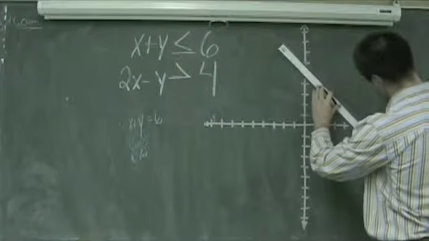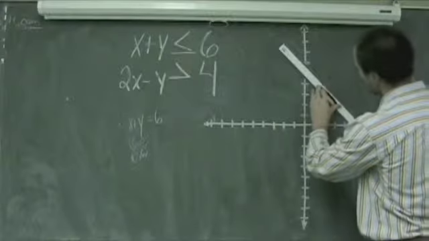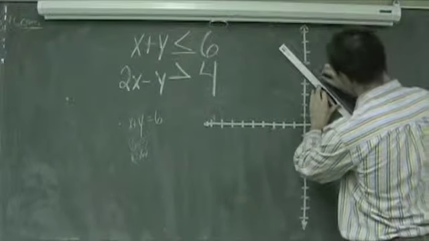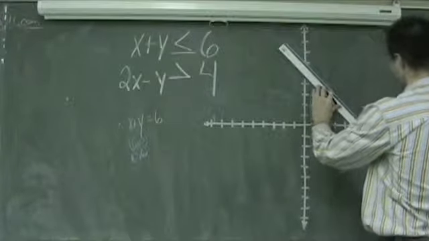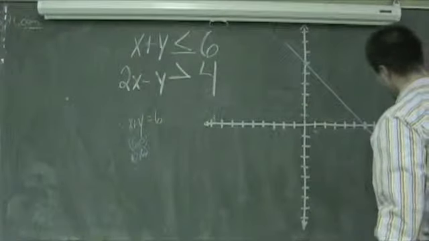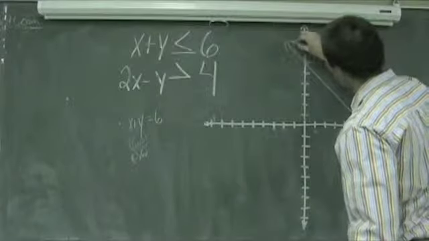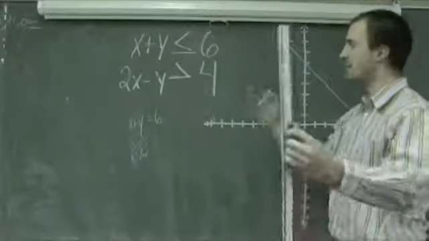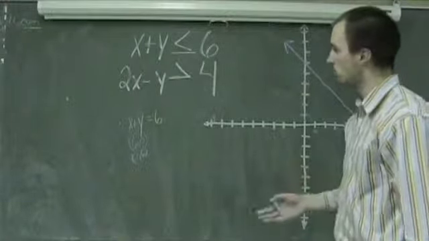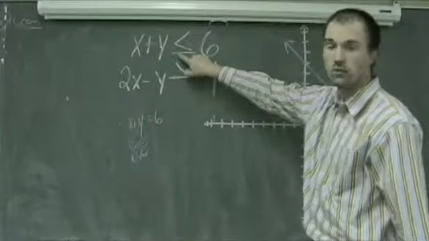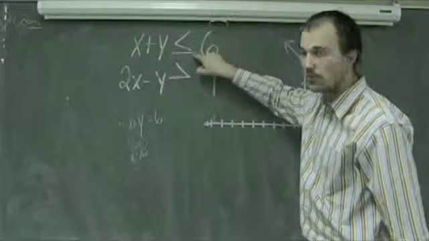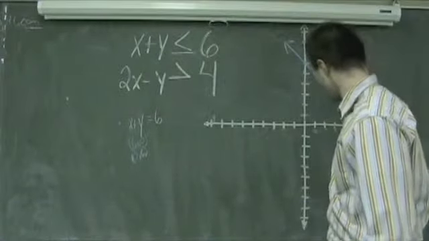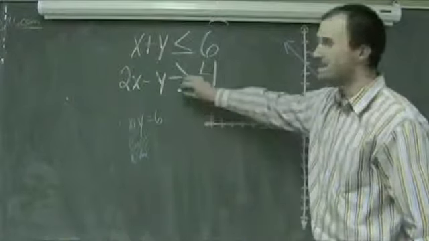Of this equation, which goes right like this. I want to make sure to draw the entire line. Now, to determine whether or not it stays solid, we go back to our inequality. Because it is also "or equal to," we'll leave this as a solid line. Now, evaluating my second